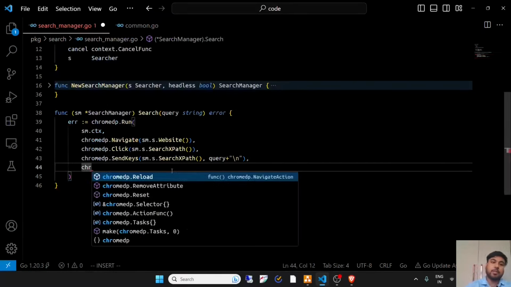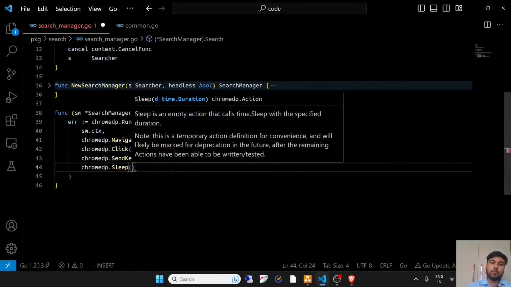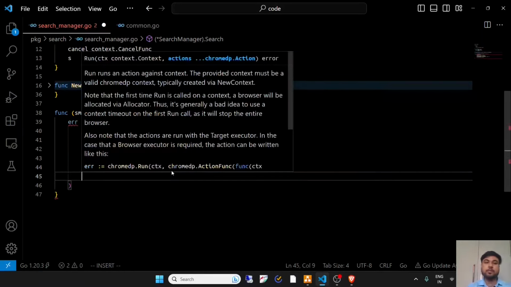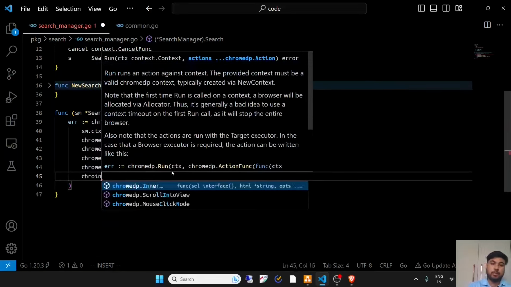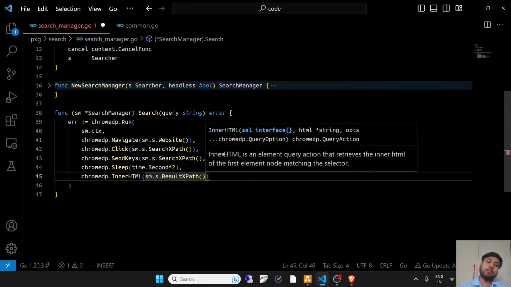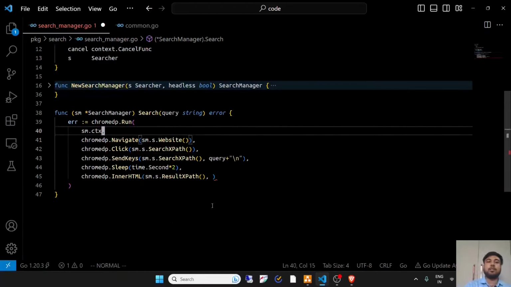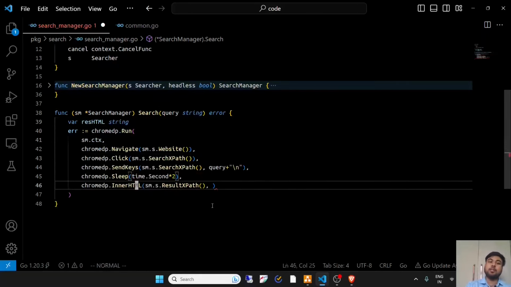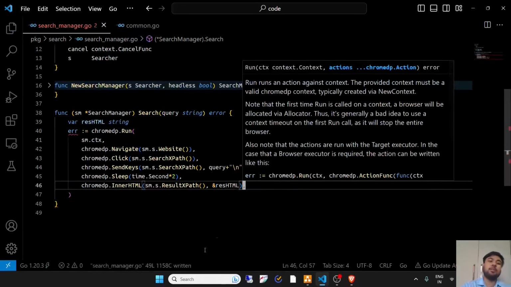So we should wait here for a few seconds to allow it to fetch the results. We'll sleep for 2 seconds, and then we'll extract the inner HTML. We'll add the selector as the result XPath, and then we'll extract the results into a string. So I created this resHTML, and we'll store our resulting HTML into this.